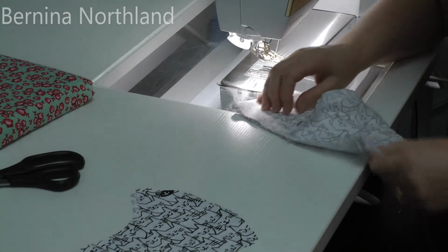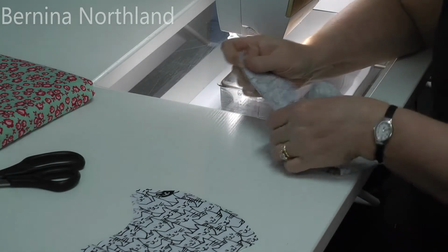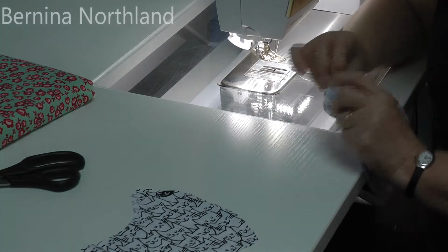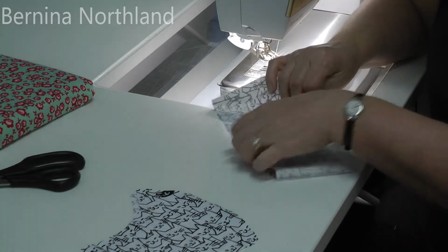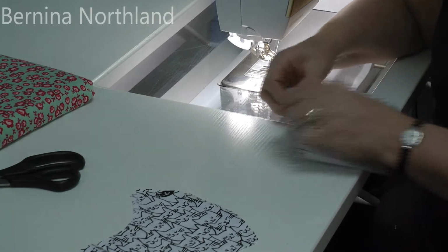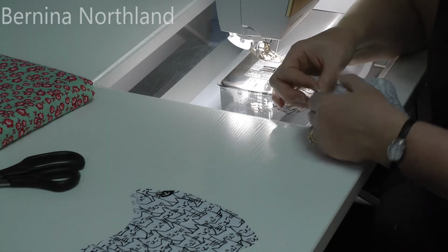Now I want to seam across what will be the bottom of my mask. Again, I'm going to put the seams together like I did at the top, one going left, one going right, but I'll be matching it to the top. So put those seams together,